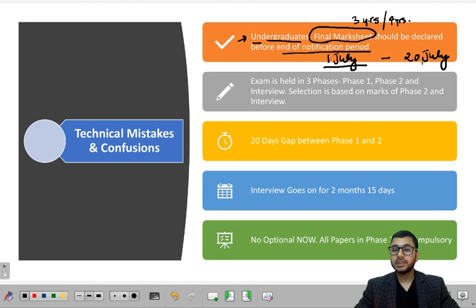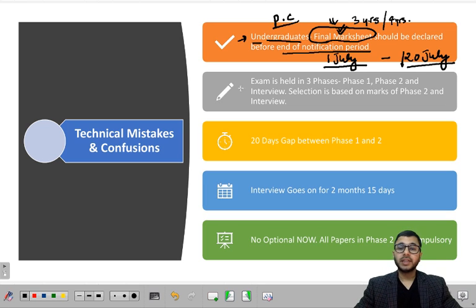If the notification says that the final mark sheet should be out before 20th July, or if it does not say anything, then your final mark sheet should be out before 20th July. Okay, so it's about declaration of final mark sheet. It's not about finding or getting a provisional certificate. Even if you have a provisional certificate, it's not going to matter, because what they want is a proof that you have cleared your undergraduation, you are a graduate now, and the only proof is final mark sheet, which combines your scores of 3 years or 4 years.